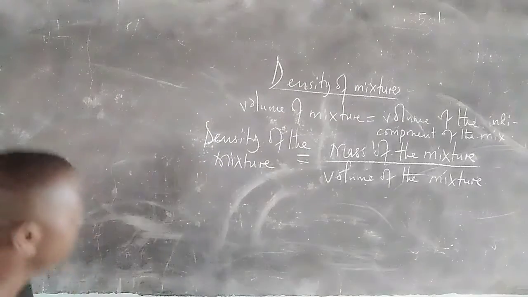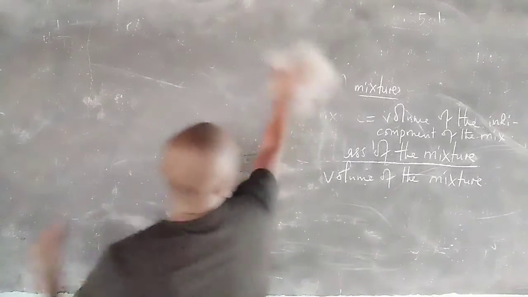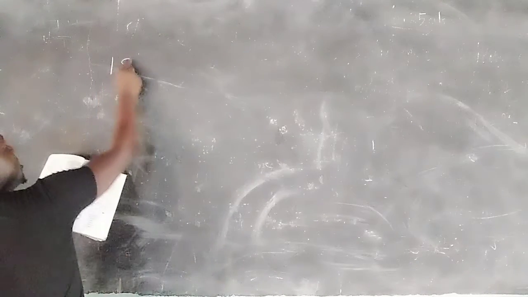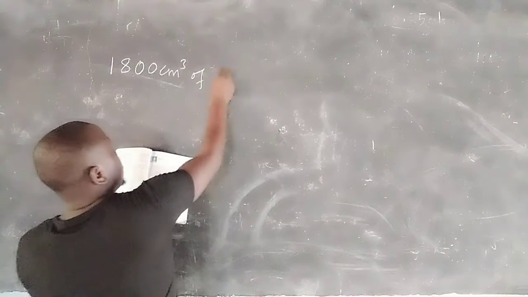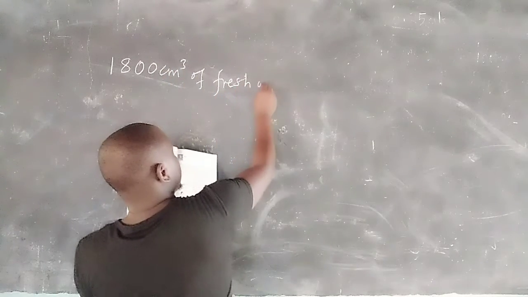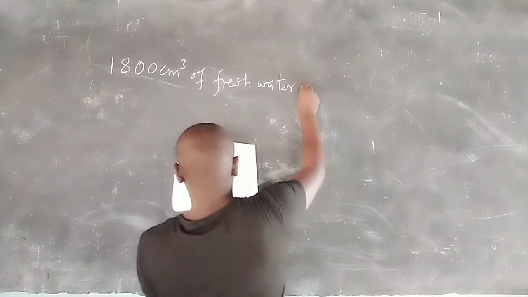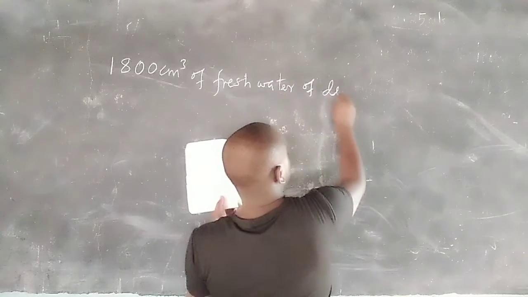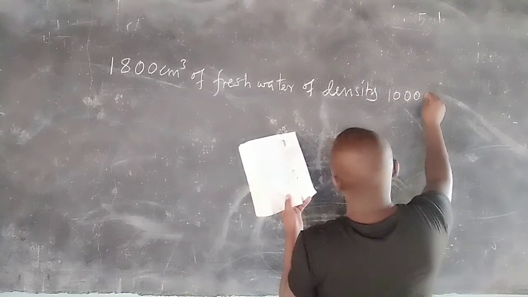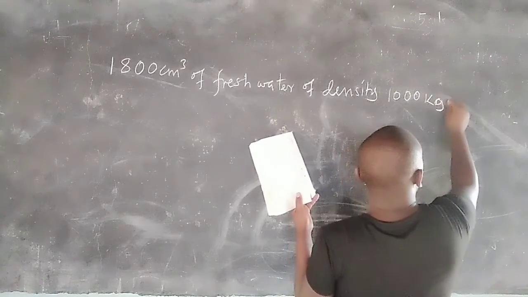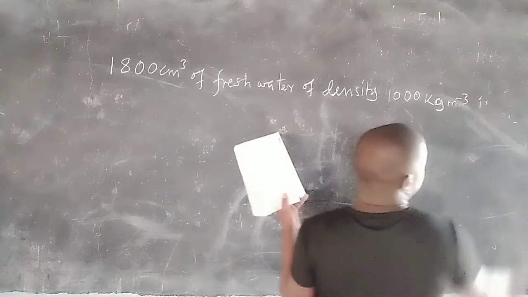So let me read out the question here. Then from there we can see how to approach it. We are told, for example, 1800 cubic centimeters of fresh water of density 1000 kilograms per cubic meter is mixed